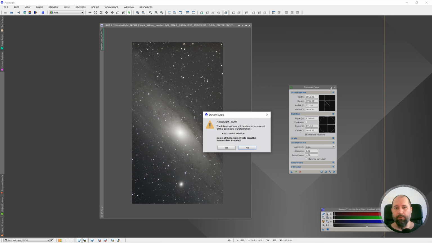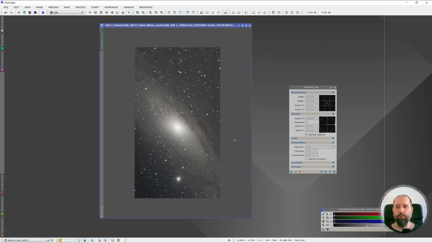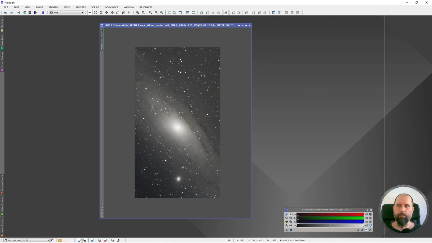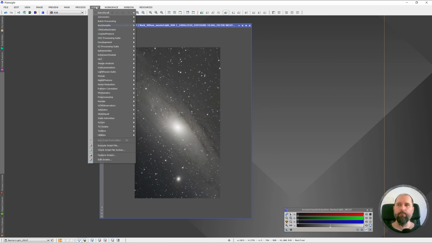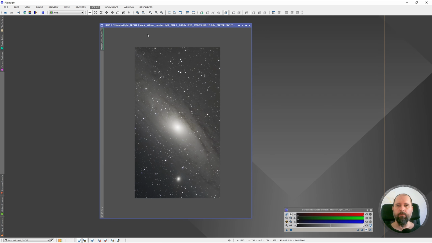Well, I don't like this, and I think this tool can be better to not remove this solution, but it is what it is for now. Just click yes, and we will image solve it again. We can now again image solve. Just go to the script, astrometry, image solver,